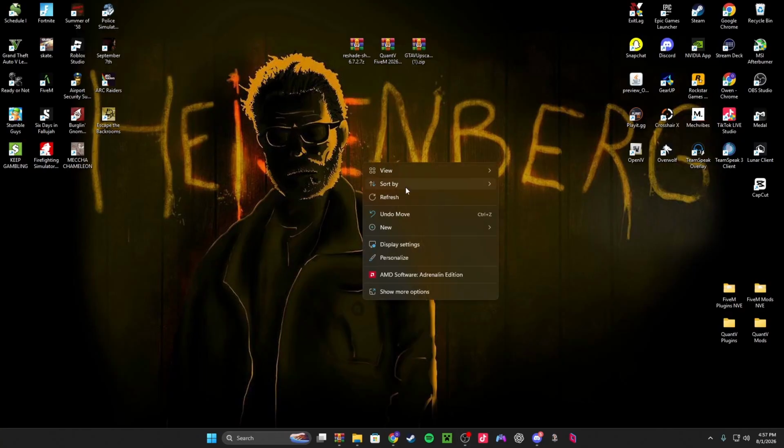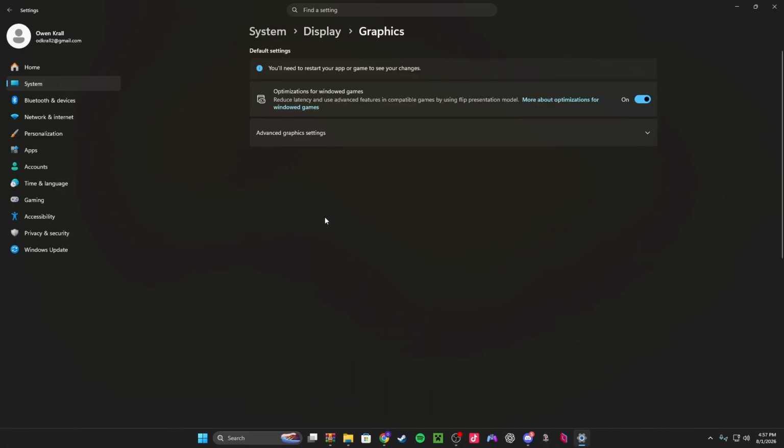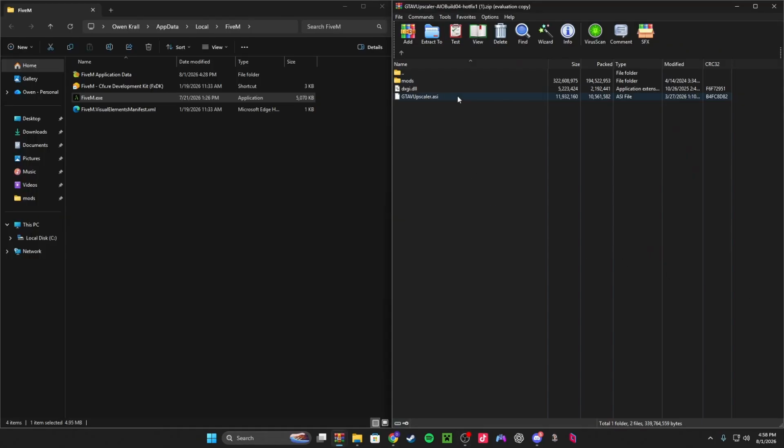So another important step is you're going to want to click display settings, scroll down until you see graphics settings, and make sure that hardware accelerated GPU scheduling is on. Otherwise this won't work. So now we're going to actually install the